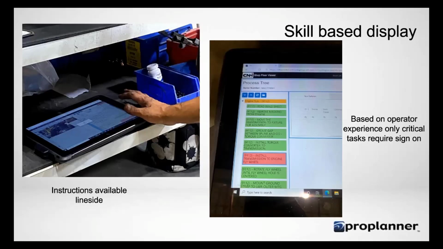So what we did was we gave the operator role certain privileges, right? If I'm a new person, I must click through every activity, even though there's no input required, right? I need to validate that I've done this. If I'm an experienced person, I only need to click on those red ones, right? And confirm that I've completed them. And those are the ones that require an input, how many parts, quality checks, or whatever it may be.